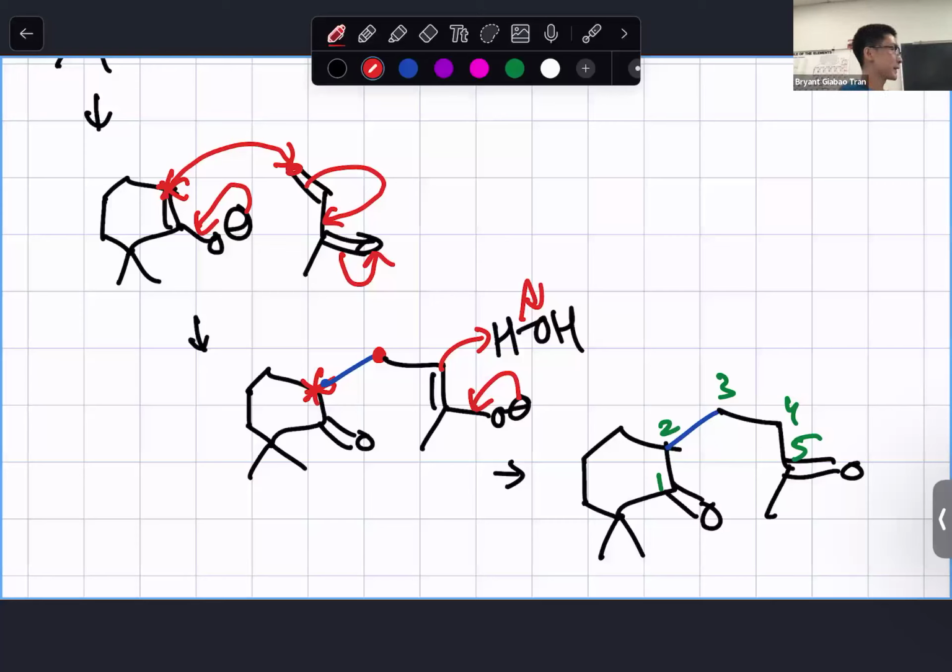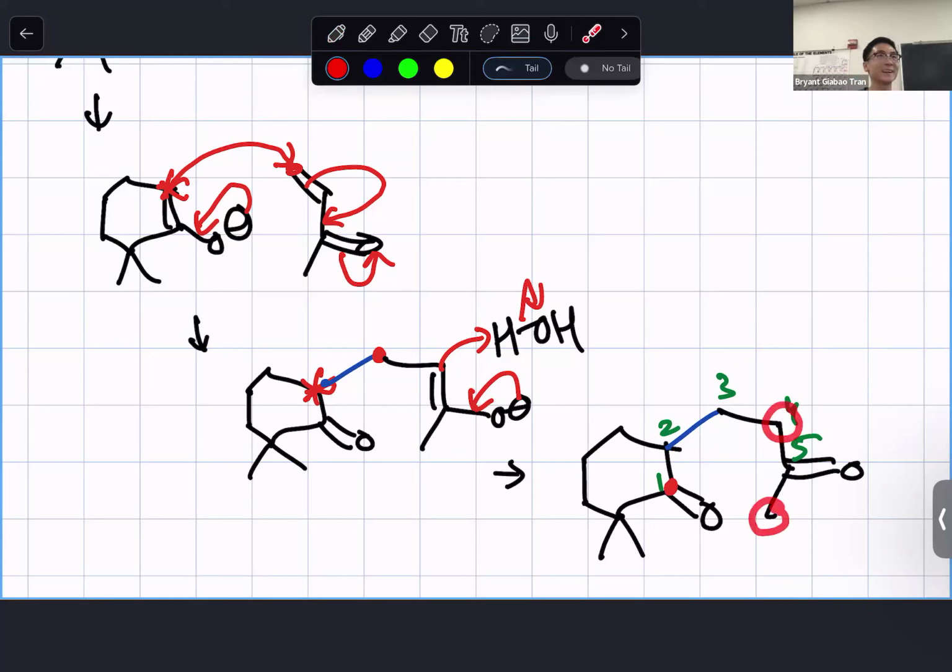This is tricky because you have to find out which atom can form a more stable ring, because we don't want to form a 4-membered ring. That's going to be way too unstable. We want to form either a 5 or 6-membered ring for aldol. Is the carbonyl in the ring going to be the electrophile? Yeah, the carbon in the ring is the electrophile, and then we have two options for the nucleophile: